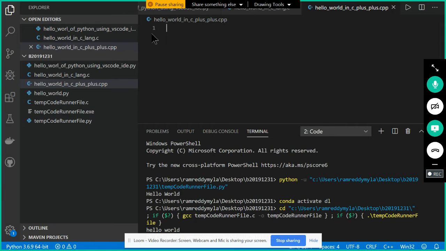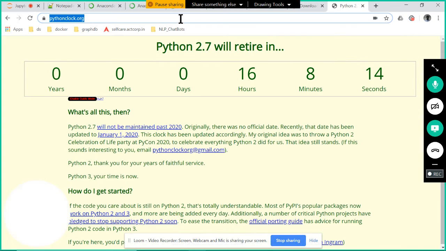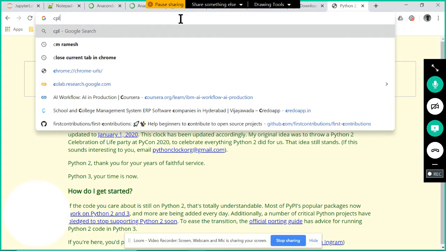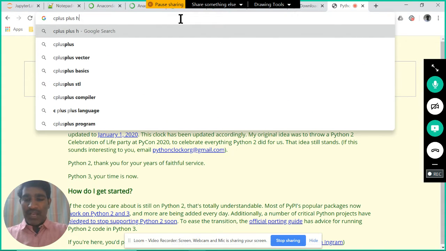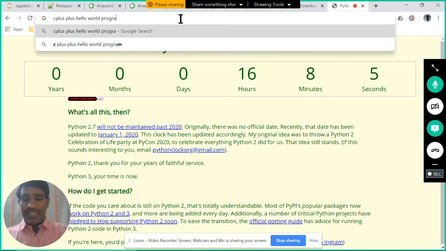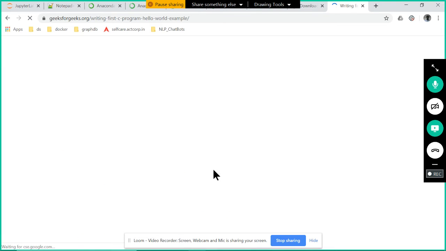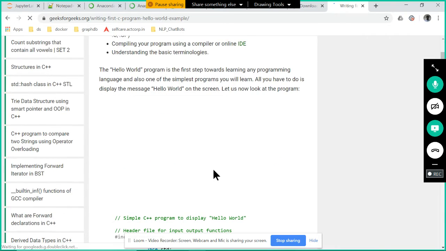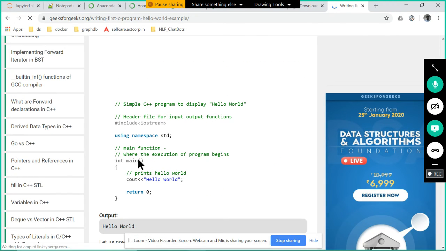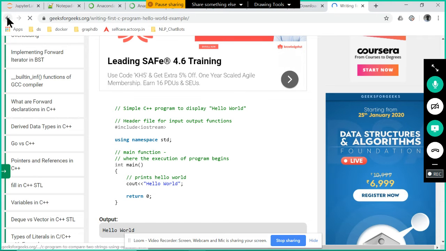Instead of typing, why can't you go and search here and copy and paste over there? So I am searching for a C++ hello world program. We are going to get the code directly. Let me copy that code and paste it over there. This is too much code.